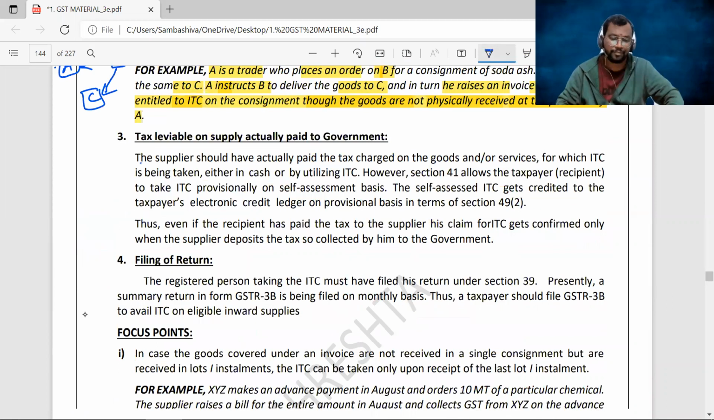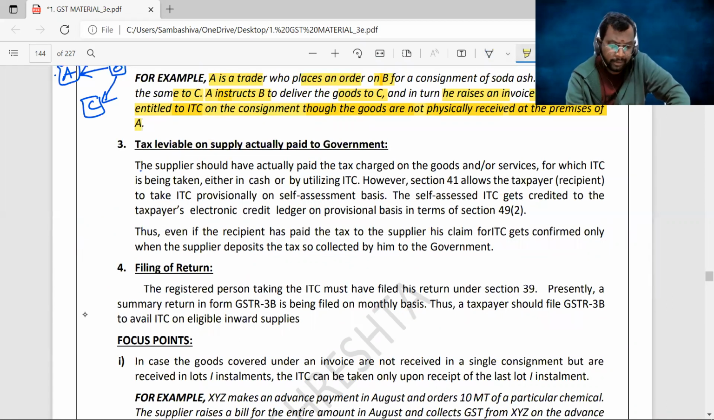Third condition, tax leviable on supply actually paid to the government. Right. So that means,